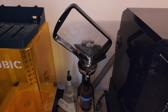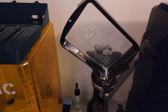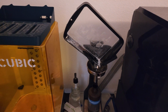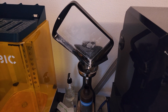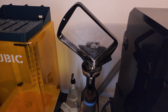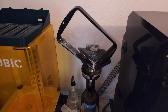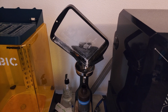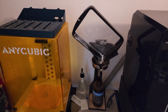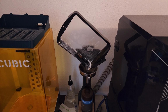I unfortunately left that resin in there for so long that it has these little ghost images on there. It was worse earlier. But I'm going to further clean that up with some alcohol, some IPA, and hopefully it's usable. If not, I have a spare sheet that I'm just going to replace it with and get back to printing. Like I said, there's a few projects, like some chest pieces I've been meaning to make, and a number of